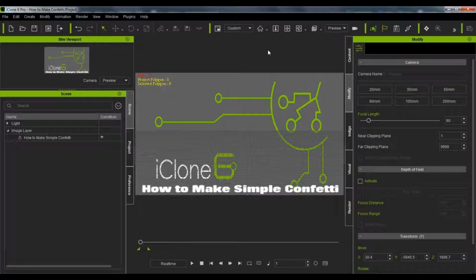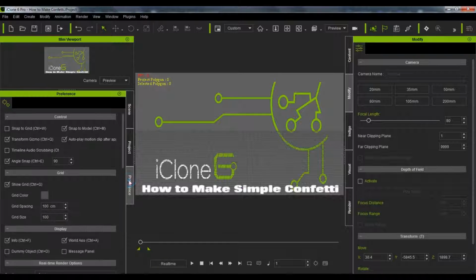Okay, as the title shows, how to make simple confetti. Now, simple confetti means by physics. So what we're going to do is put a few items in the scene and show you how to make it react. First thing I do is I go in and I check the project and preferences, and I want